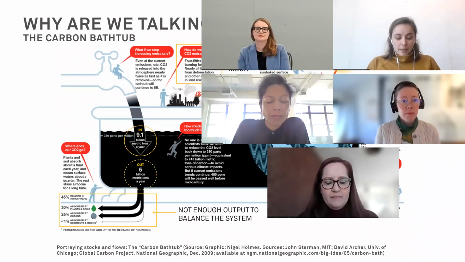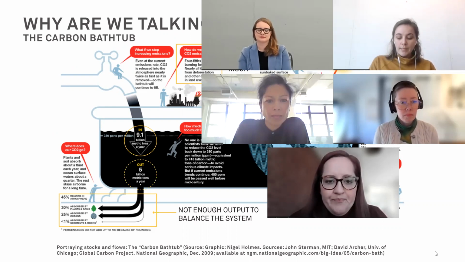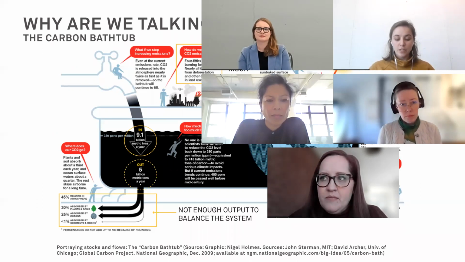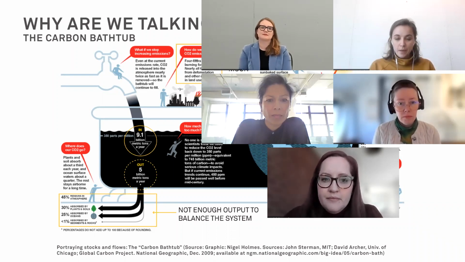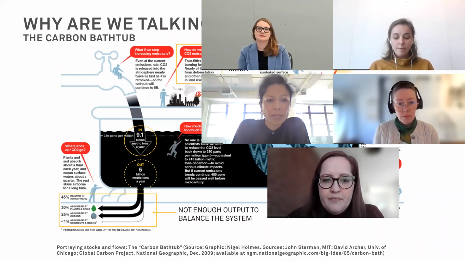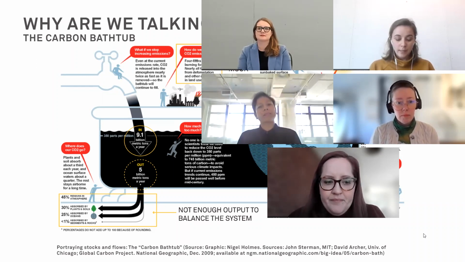At the time of this graphic, about 4/5 of carbon emissions actually came from burning fossil fuels, and then deforestation and land use changes ended up being a little bit further behind, but all of those uses and emissions that come from burning fossil fuels, deforestation, and land use changes are sort of overpowering Earth's natural sinks.